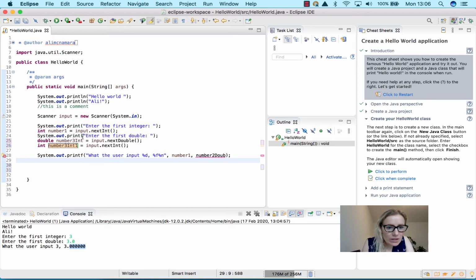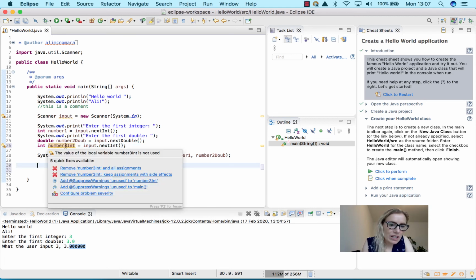With some of these you can't mix types, so this has to be int, sorry, number 3 int. Number 2 is a double, but this is number 3 int here, and we're just declaring a variable here called number 3